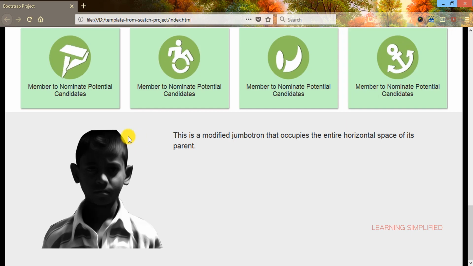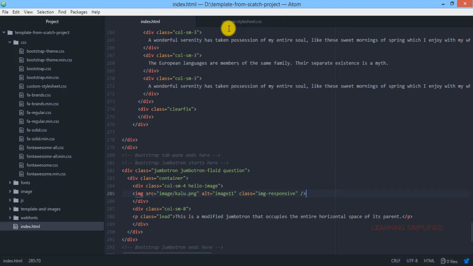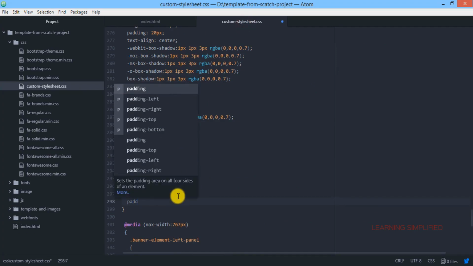Now if we want to modify this padding, as here we can see that there is practically no padding from the top or bottom. So if we get back to our project index.html, we have created a hello image class over here. And on the other hand, we have used a question class along with this Jumbotron fluid. So all we can do is get back to the custom style sheet, and here we can set this padding.